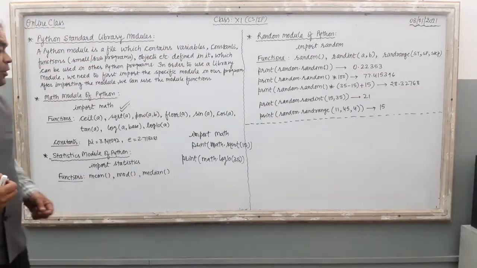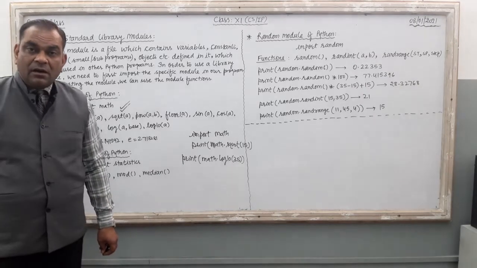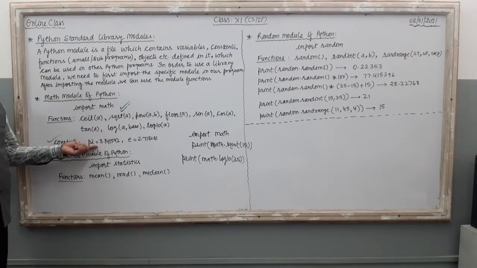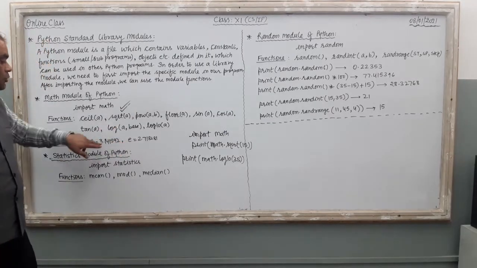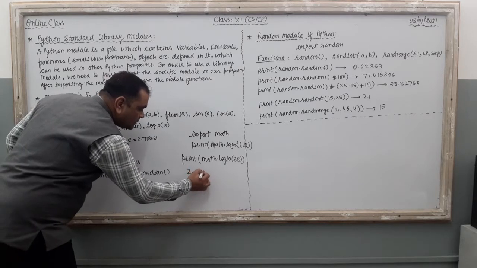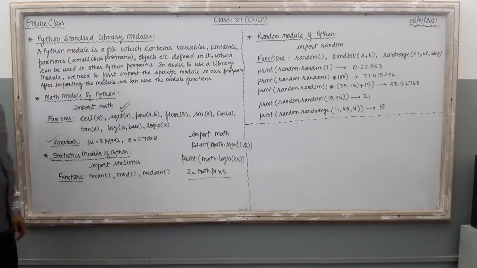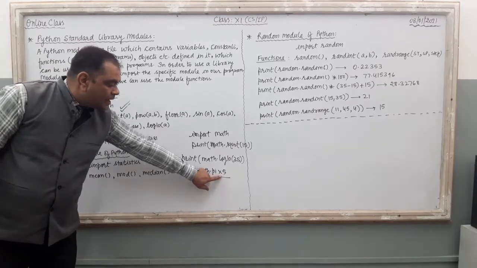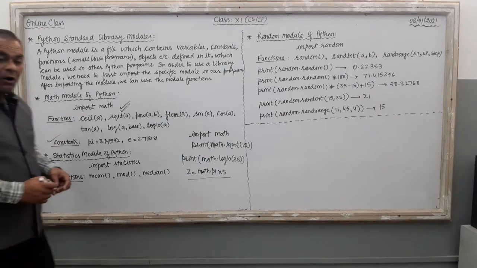Now let's discuss constants. Some constants are also available with your math module. The very first constant is pi, where the value of pi is given. The second constant is e, whose value is given. If you want to use these constants in your program, just say z = math.pi * 5. Just see the statement here. Automatically, the computer will put the pi value over here and then multiply this pi value by 5. Clear? So this is the math module of our Python.